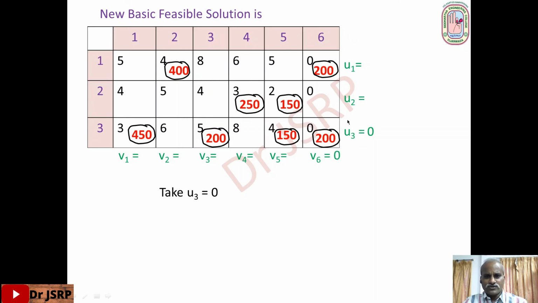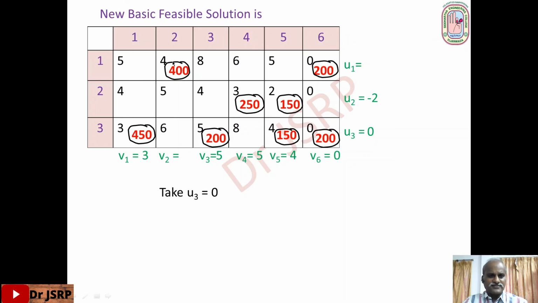So consider the cell with cost 0, minus 0, that is V6 equal 0. Here cost 4 minus 0, that is 4. Consider this basic cell, cost 5 minus 0, 5. Consider this basic cell, cost 3 minus 0, 3. Okay, these are the 4 basic cells. Now consider this basic cell, cost 2, U2 unknown, V5 known. So cost 2 minus 4, minus 2. So U2 is minus 2. Consider this basic cell, cost 3 minus minus 2 plus 2, 5. That is V4 equal 5.